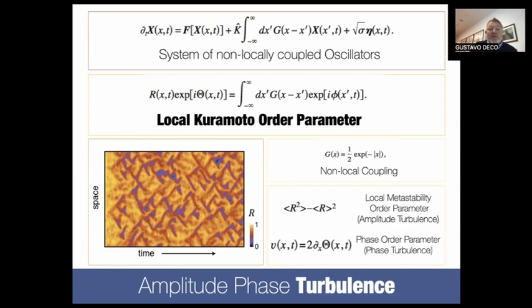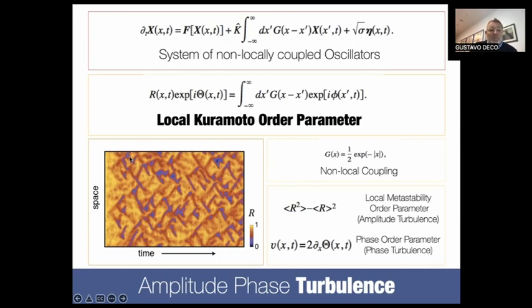Basically, when this level of local synchronization shows a large variability across space and time, that is what we call metastability, which we use a lot in the context of neuroscience, but just using the global concept of metastability, characterizing the global level of synchronization and just observing the variability across time. Here is a generalization where we now include space. And basically, we can associate turbulence to a system when that level of variability, as is reflected here in a pictorial way, is very rich.